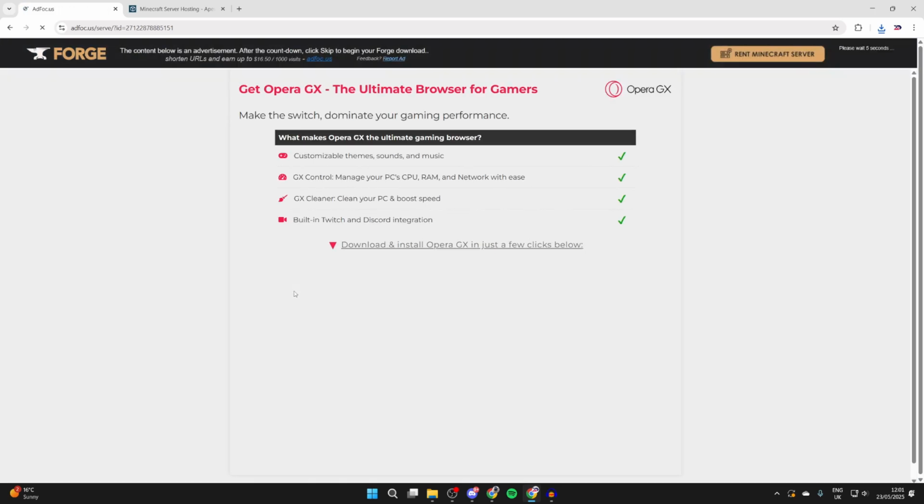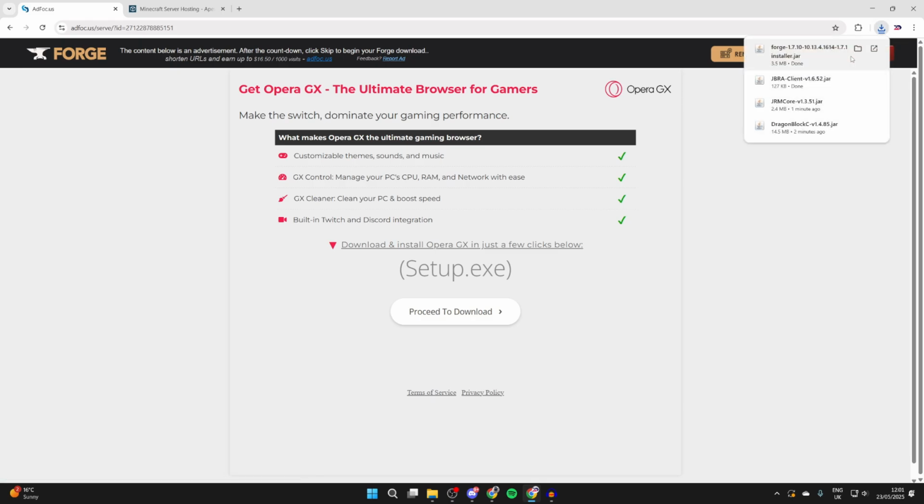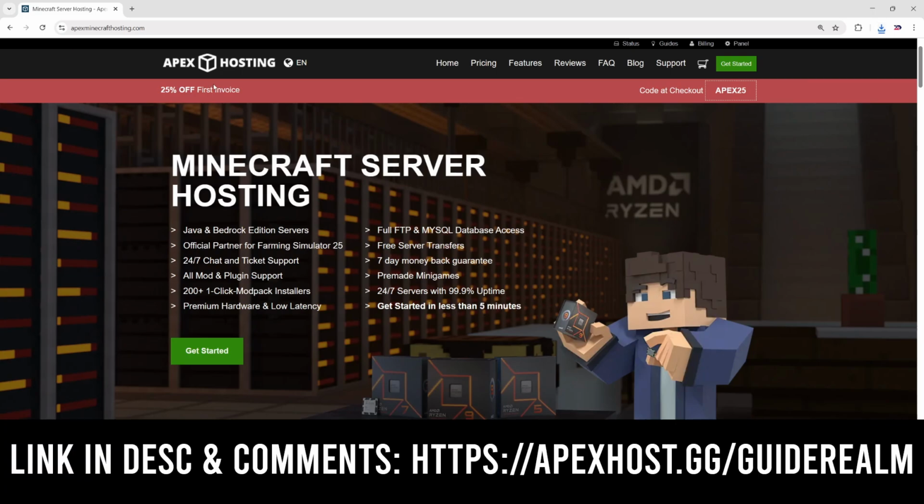It's important to note that Forge will have an ad wall here we have to watch before downloading it. If you see a press the download button here, this is for the ad. To get to Forge, you need to press skip in the top right, and now it's downloaded. So we've now downloaded everything we need, but before we get any further,